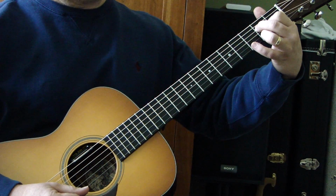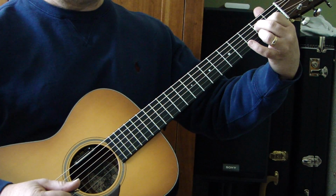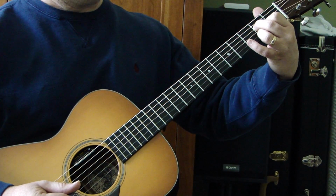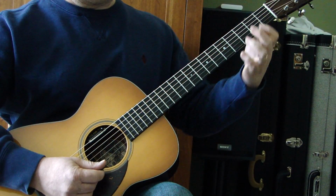And then again this kind of an A grip, second fret of G, D, and B, strumming all 6 strings. So that last little sequence